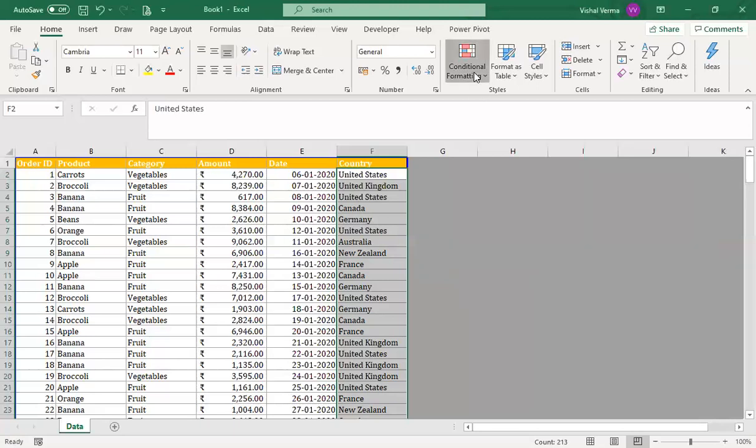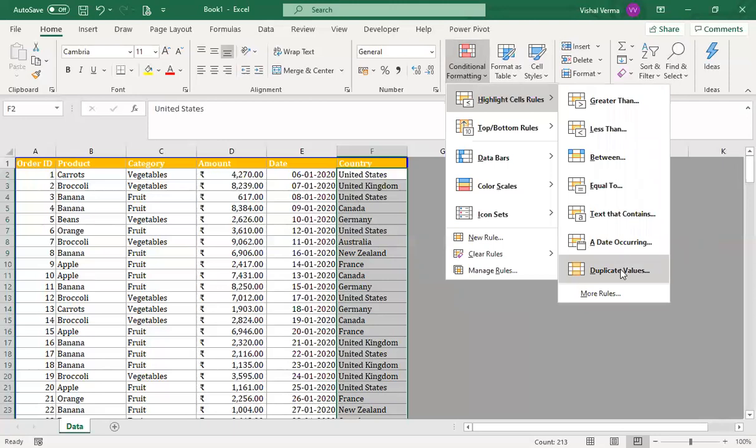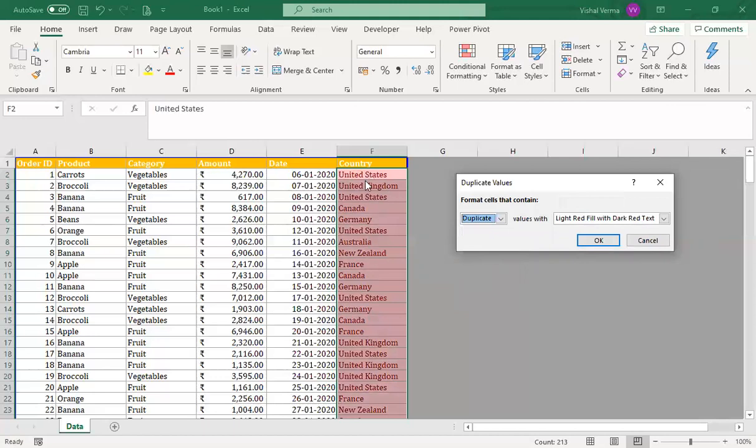Okay. Then we have the duplicate values. So wherever there is a duplicate, it will identify it. So it is trying to add, all the countries here are duplicates. Okay. So if we want to see the unique, all are again unique. Okay. So this particular function works when we have got some common thing. But when there are large numbers of duplicates, it is ideally not advisable to use that. We can use the combination function so that we can differentiate between United States, United Kingdom, Canada, Germany, and so on.